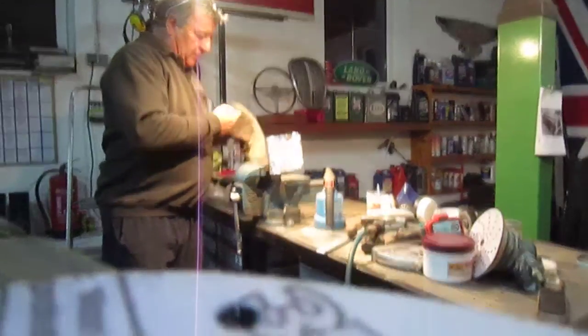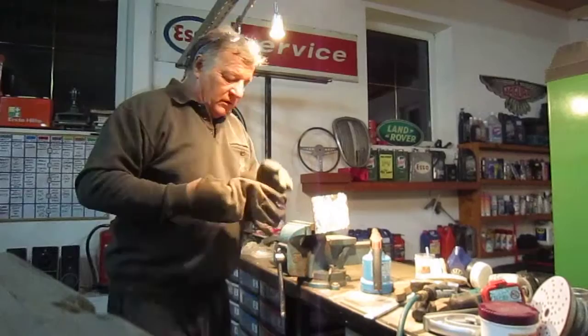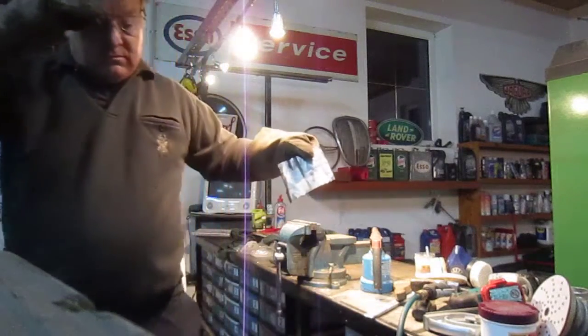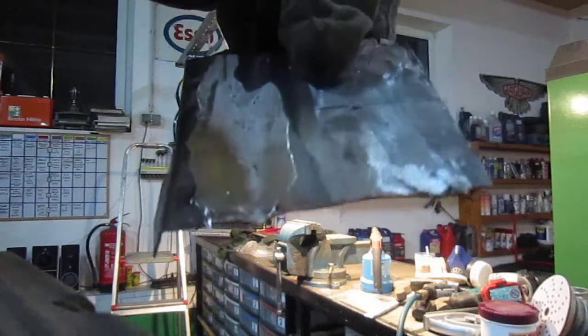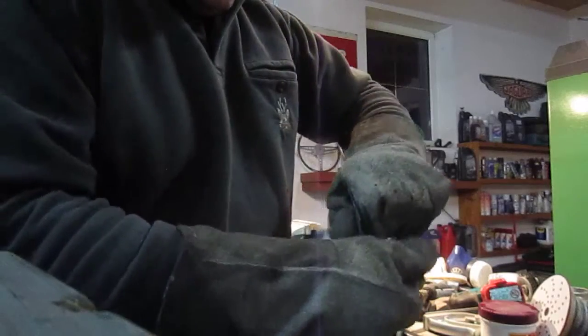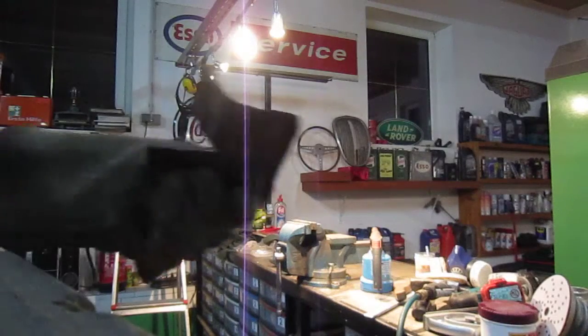So I'll just pick this up, put my gloves back on, and I'll show you this piece now so you can see it. Hopefully I'll look in the viewfinder. Oh, camera's just gone over, nice one. So I'll put this in the viewfinder hopefully, and you can see what we're doing. So, okay, hopefully you can see there that lead is in. And this piece I was talking about, I'll just bend this so you can see it. I cut this just now. So there you can see. Okay, oh, hang on, let's take my glove off. Oh no, I can't because it's too hot. Maybe you can see there